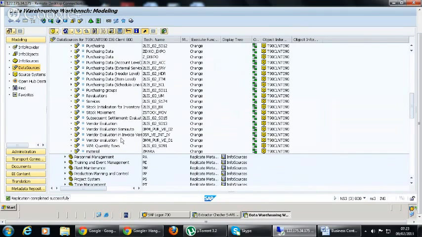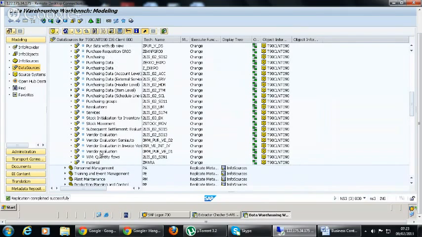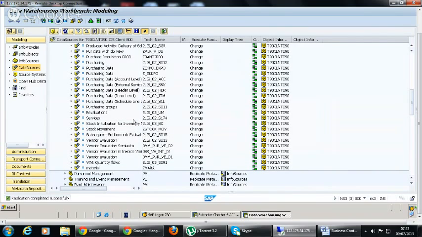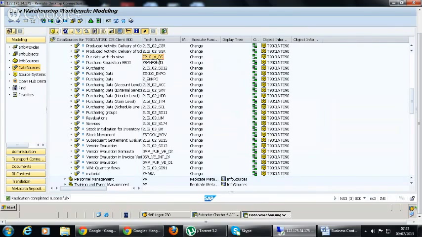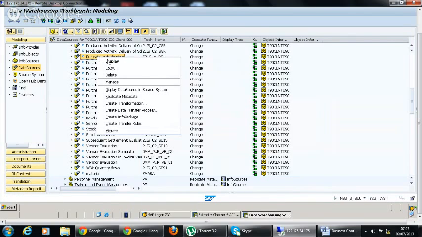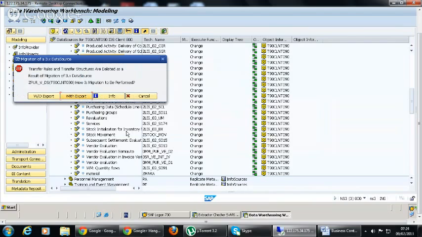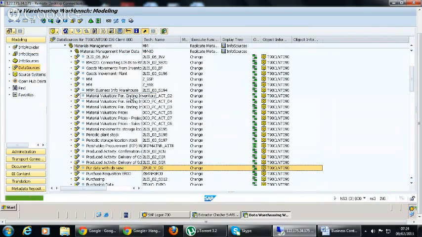Now we have to find our data source, which is in this one. You can see it is replicated as 3.5 data source. Now, in order to change it to 7.0 data source, you can right click on it and replicate metadata. So this is individual migrate. For migration, you can have either with export or without export. I'll show you that. First of all, we will replicate individually.